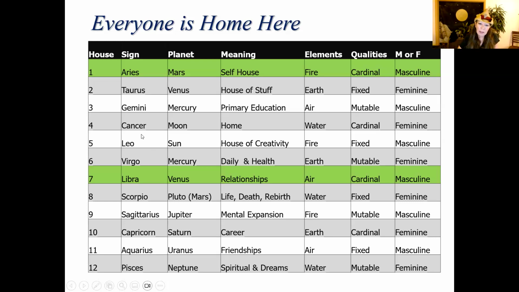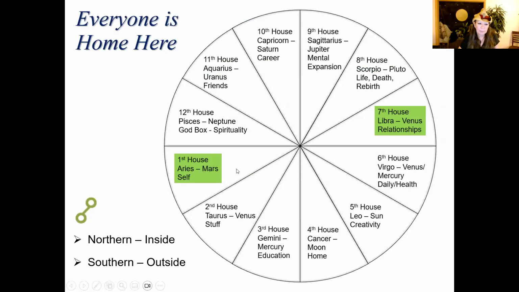If I haven't sent you this, just tell me and I'll send it to you, because it clarifies things, since we're talking about oppositions. Oppositions will be one of six. You will have one of six different kinds of oppositions. You will have the Aries-Libra opposition. They are exactly six signs apart, 180 degrees different in a chart that is 360 degrees. And they will be fire and air. Let's take a look at what that looks like.